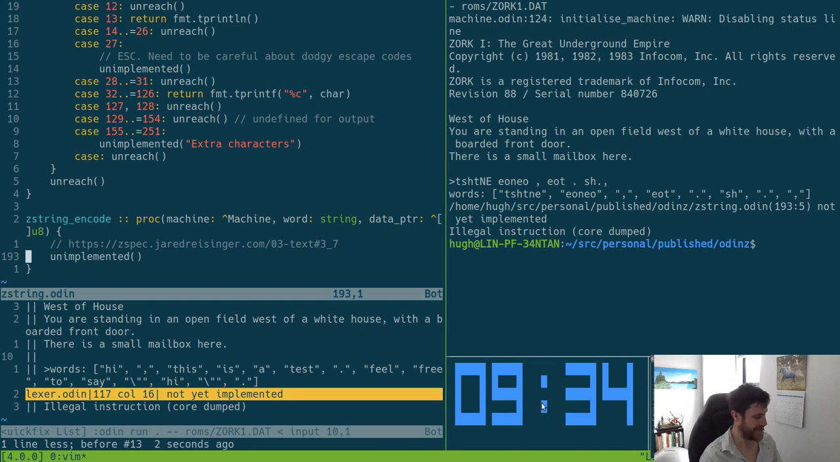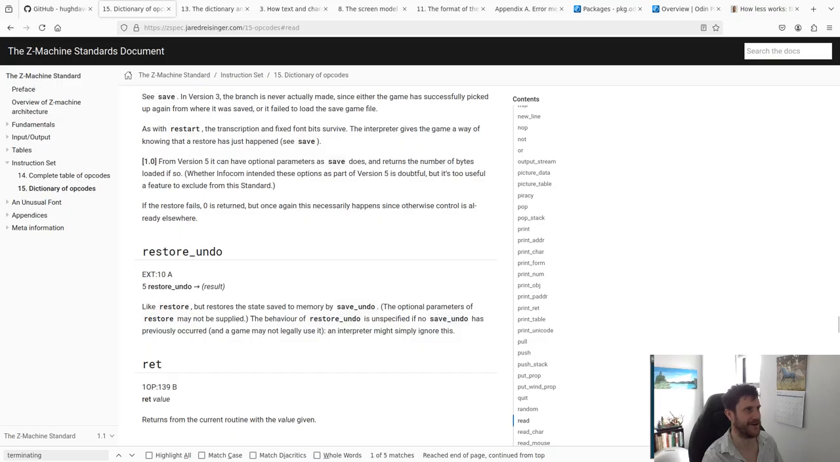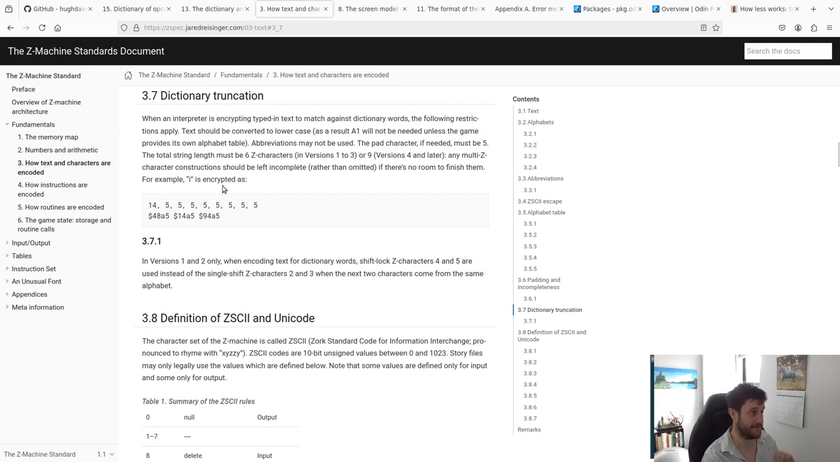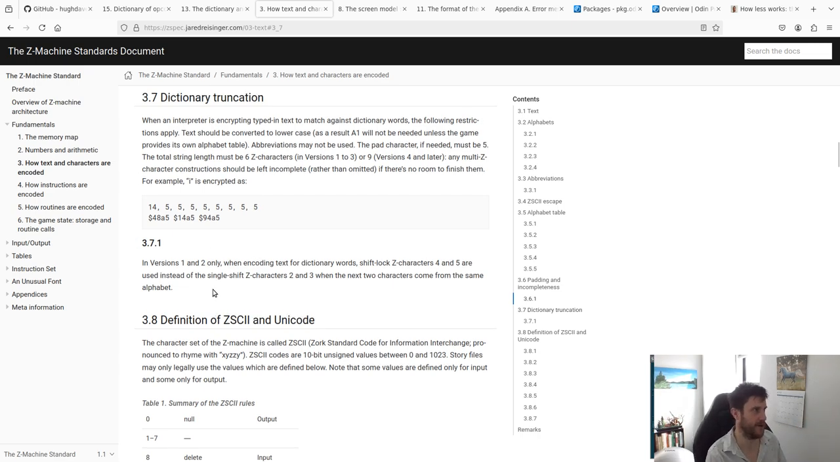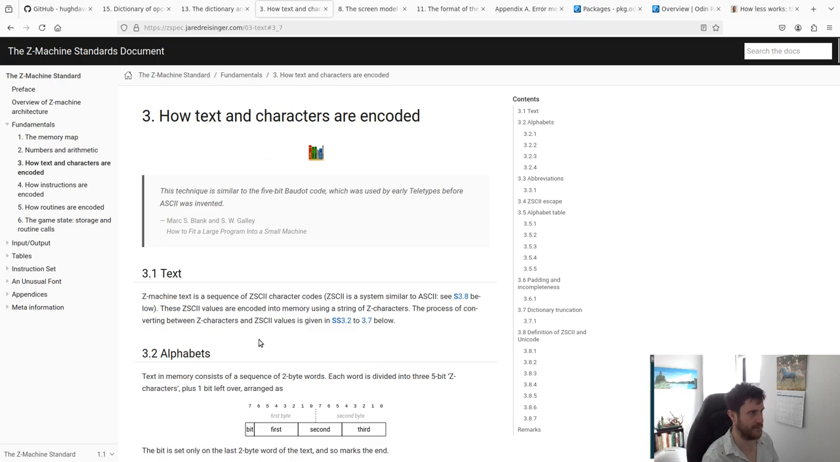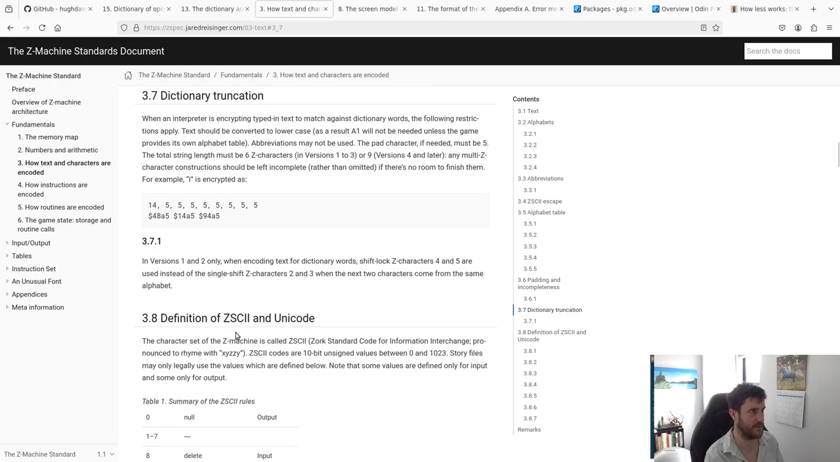Fancy keyboards for you. So the Z string code. This is described by chapter 3 in general, but in specific 3.7, which gives some limitations. So you can't have abbreviations. It doesn't mention anything about ZSCII. So if it's not in one of the alphabets, then basically what I'm thinking is go along the word character by character,